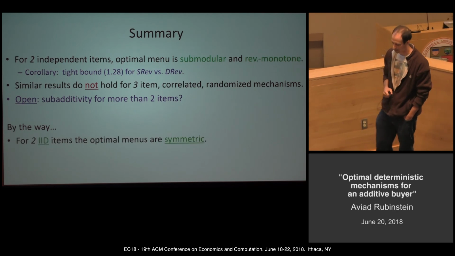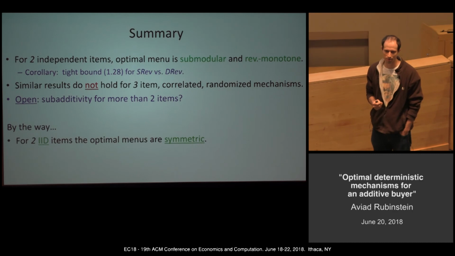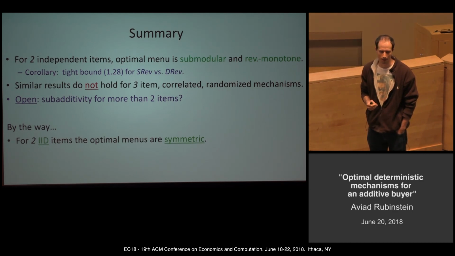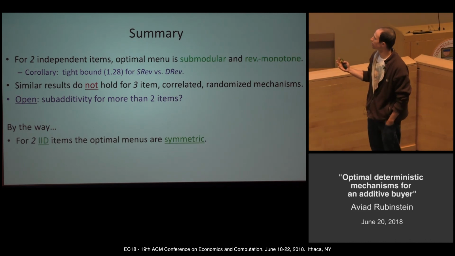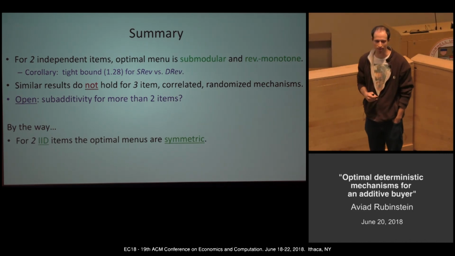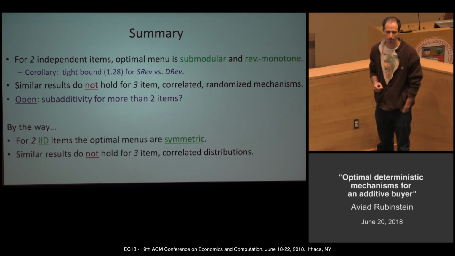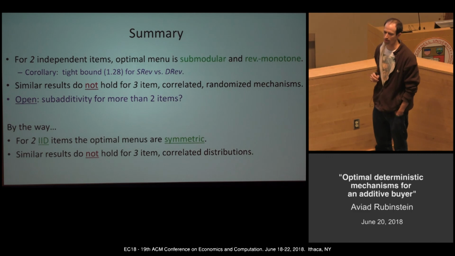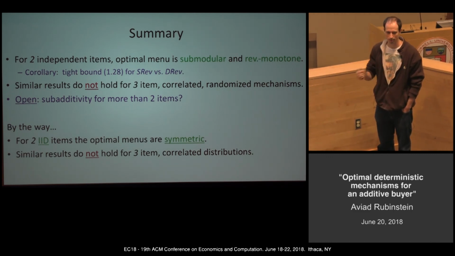And we have some other results in the paper. For example, if the distributions are symmetric, then you would hope that the optimal menu is symmetric, and this is indeed the case. But this, again, doesn't extend to randomized or to correlated distributions. For randomized mechanisms, it's easy, everything becomes symmetric. Just flip